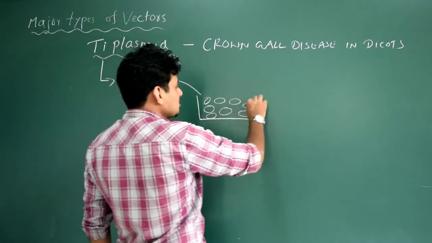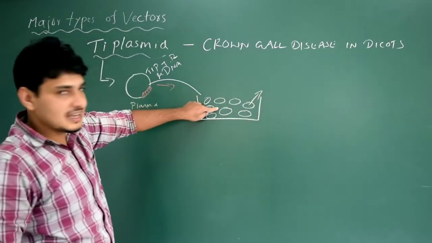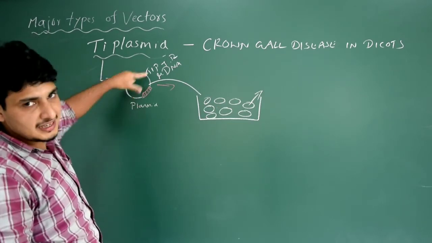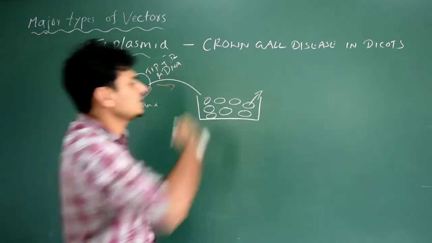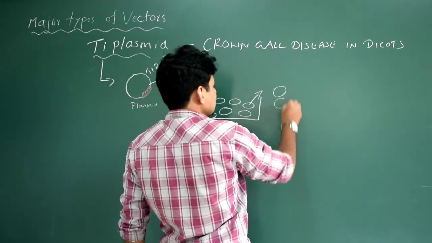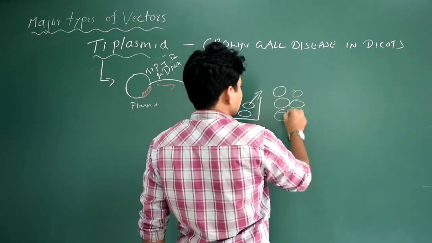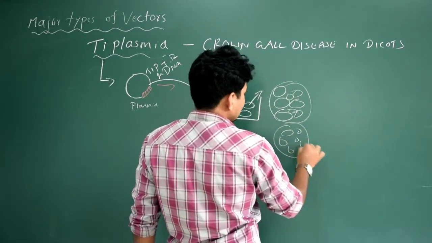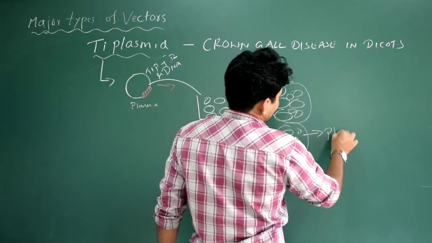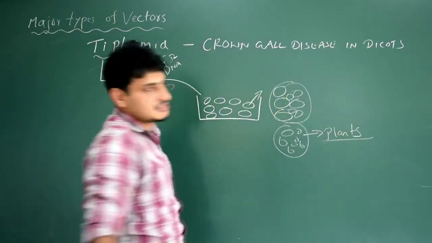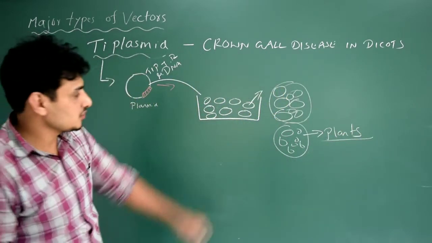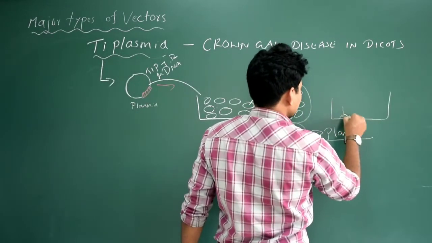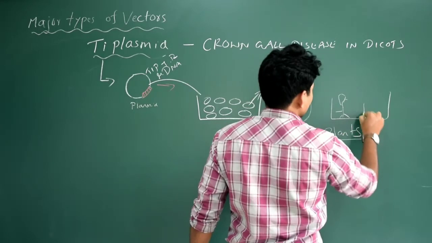So what's going to happen to these callus cells? Because they already have the Ti plasmid, which is actually for uncontrolled mitotic cell division, it allows these callus cells to multiply rapidly. So they make a colony. The colony will be formed, and this colony becomes tiny plants, that is plantlets. Done. This is the thing. So you get tiny plants in the petri plate because of the callus, the undifferentiated cells.